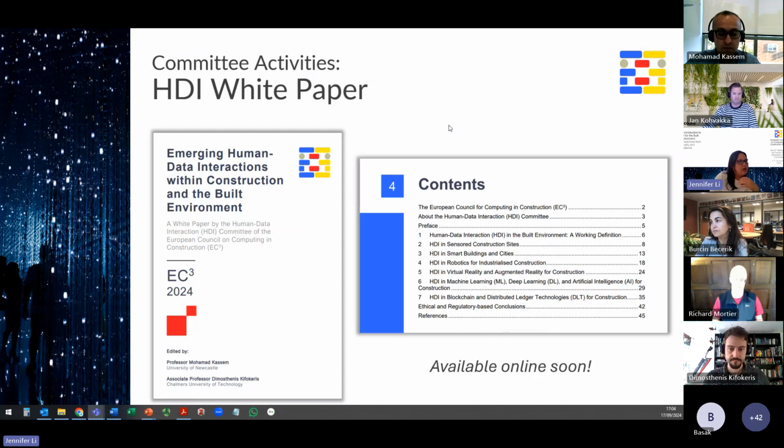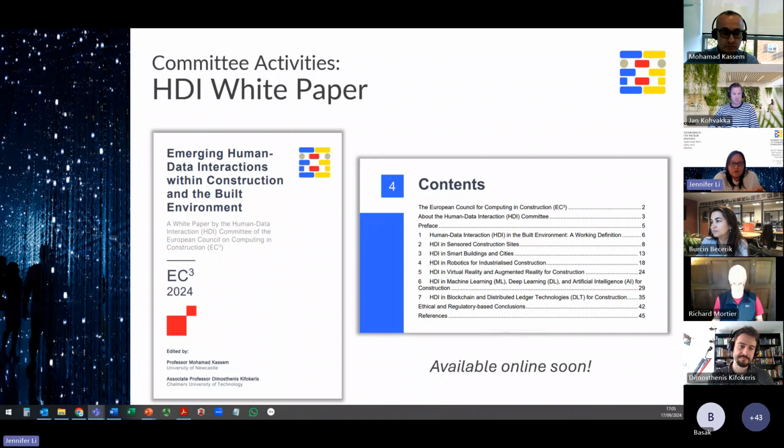One of the things that I'm very happy to share today, and actually other members of the committee are not aware of this because I only had the news today, is that our white paper that we've been working on since we started the committee has been accepted from the second round of reviews. And so we're now working to publish this as soon as we can.